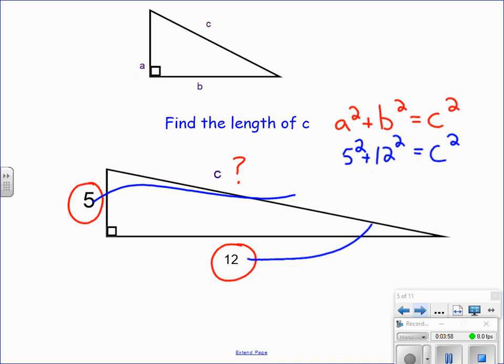Now I'm going to do the math. 5 times 5 is 25. 12 times 12 is 144. And I'm going to add those together, and that's going to give me what c squared is. Luckily for us, we've done algebra already, so we know how to solve this. Basically, it's a 2- or 3-step algebra question. I'm going to add these two things together, which is 169,